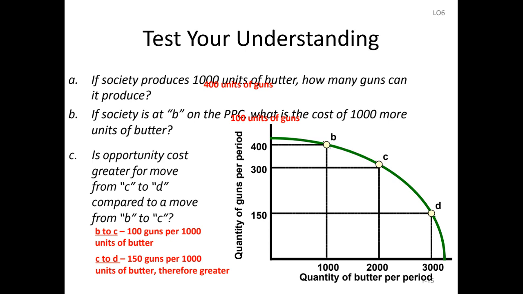We have already calculated the opportunity cost from B to C. So see, if you move from B to C, in this direction, you see you are giving up 100